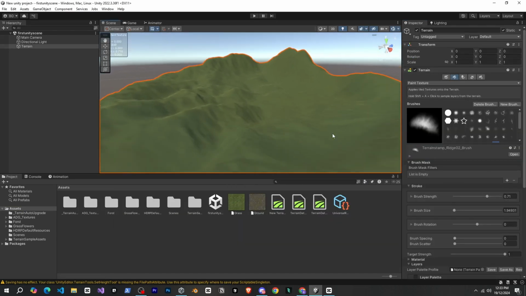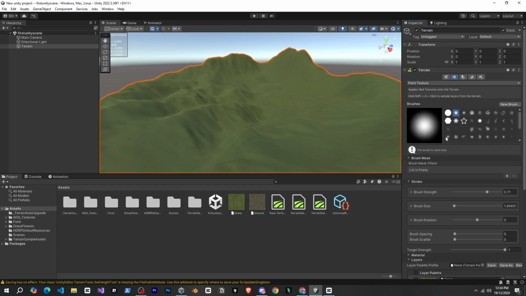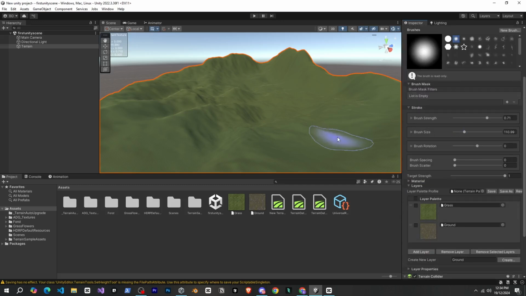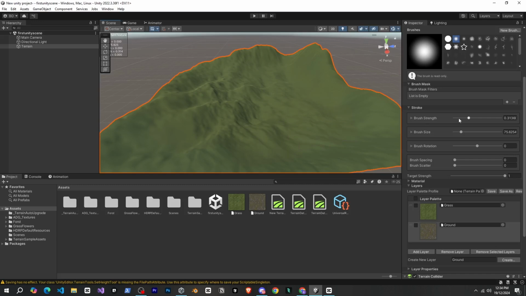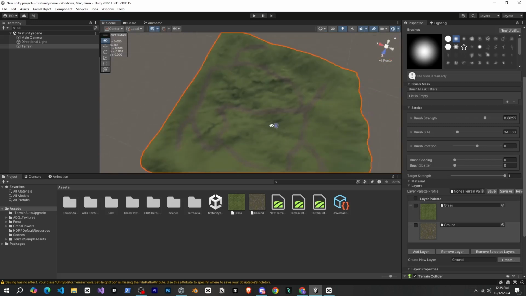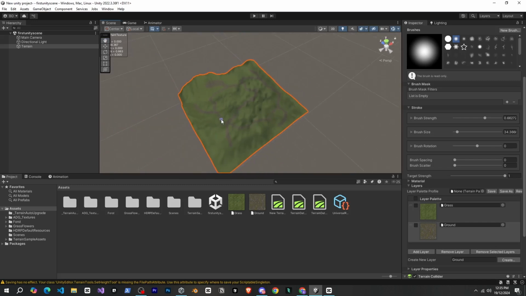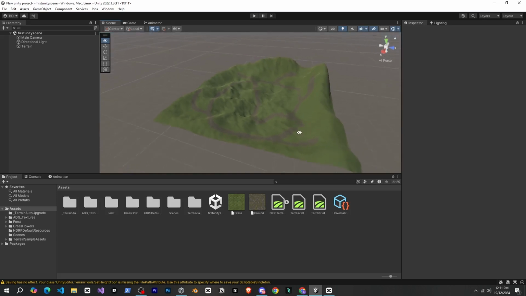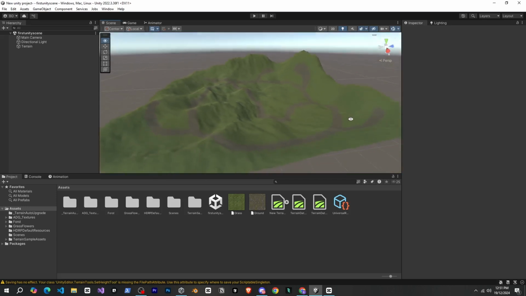Then I'll choose this brush, which looks suitable for creating paths. I'll adjust the size and strength, make sure my dirt texture is selected, and now I just need to paint normally. Let me quickly create a basic path. So this still doesn't look very cool, which is obvious since it's my first time, but we'll keep moving forward